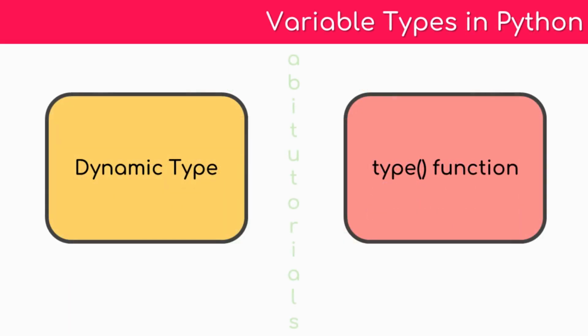Python is a dynamically typed language. In Python, you do not have to explicitly specify the data type of the variable. Python automatically takes care of the data types internally based on what value you pass to the variable, which is why you call Python a dynamically typed language. There is a built-in function in Python called type, which is used to find the type of the variable. We will look into how to use the same in the demo.